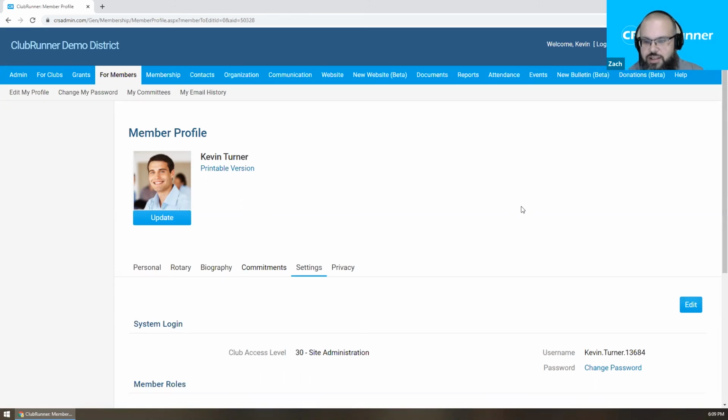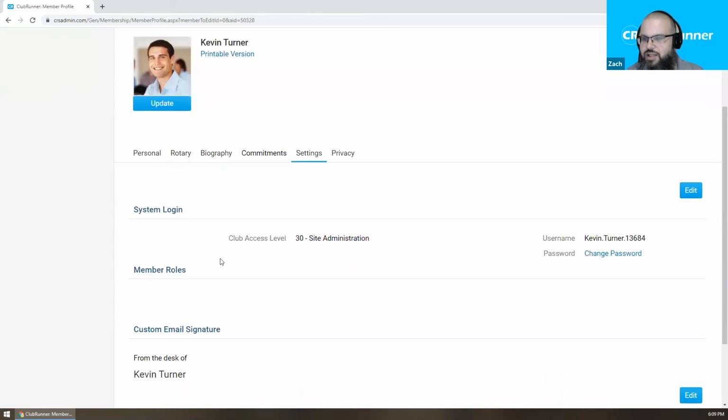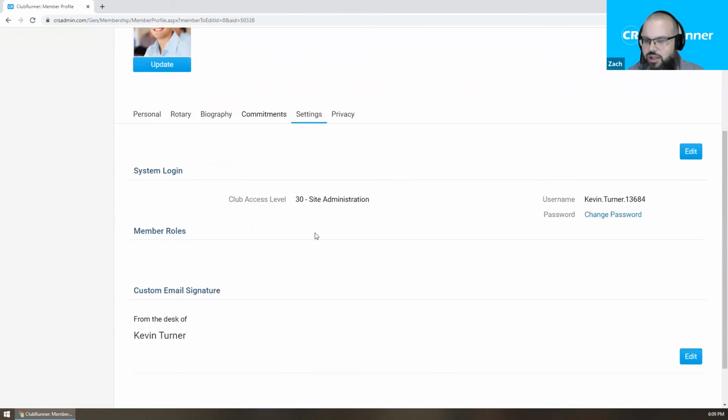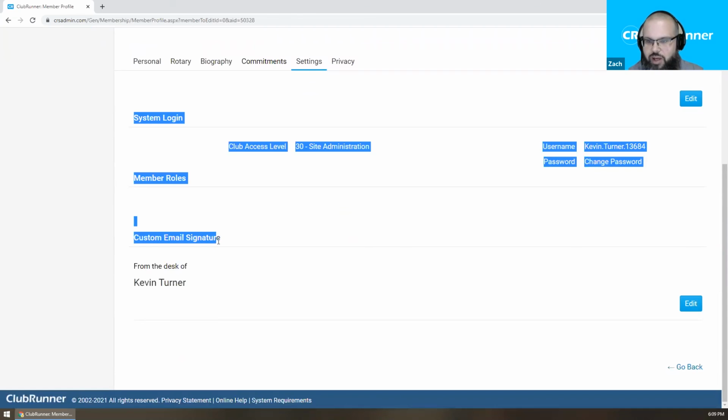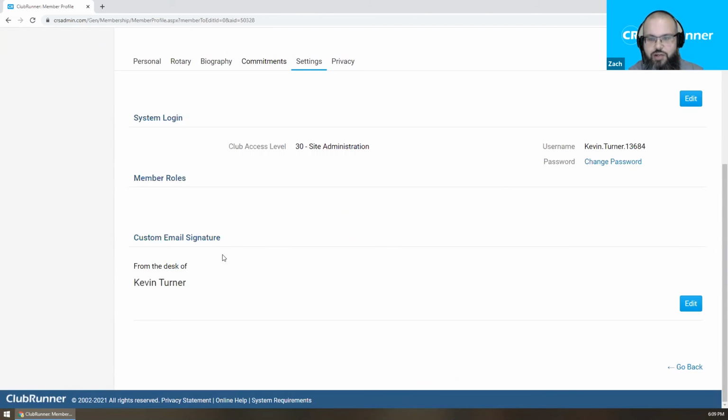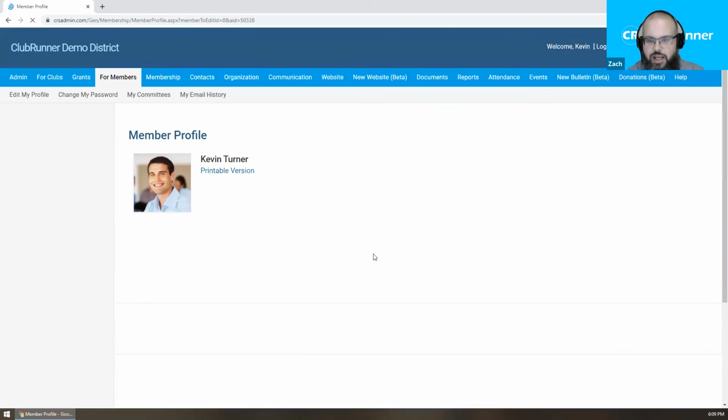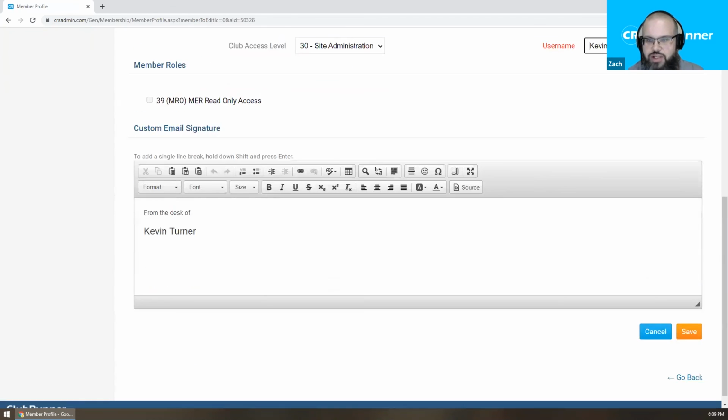So when I click on Settings, you will see some information. Kevin, you can see as a club administrator, you can see his details, and then down here at the bottom, it says Custom Email Signature. And right now, Kevin says from the desk of Kevin Turner. If you go ahead and click Edit, the page will refresh and you can make any changes to the HTML